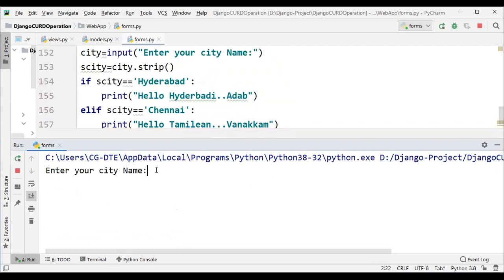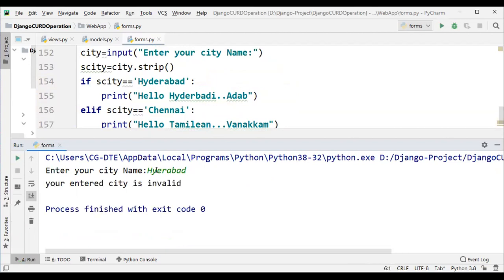If I say Hyderabad, spaces, enter. Why is it saying your entered city is invalid? The spelling is right now.